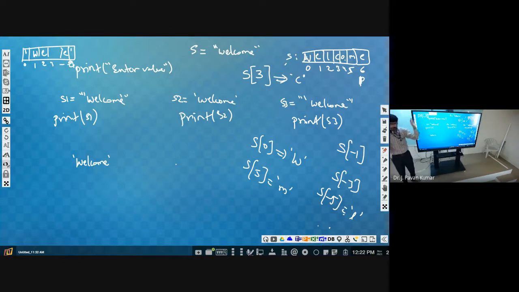See here, these two are more or less the same. Double quotes, single quotes, if you enclose, then more or less the same. But the only recommended thing is using double quotes, as we have discussed already.